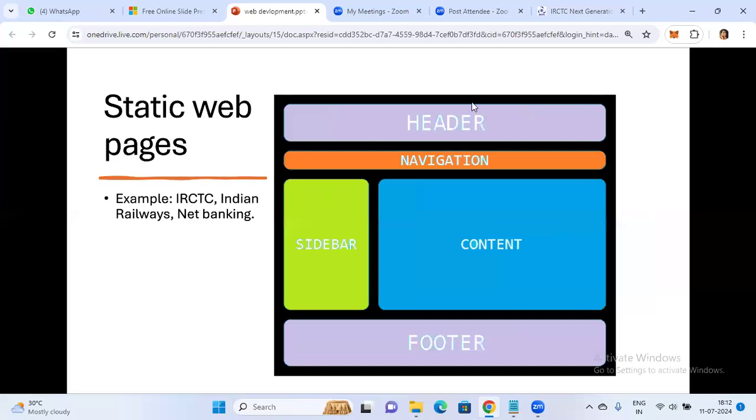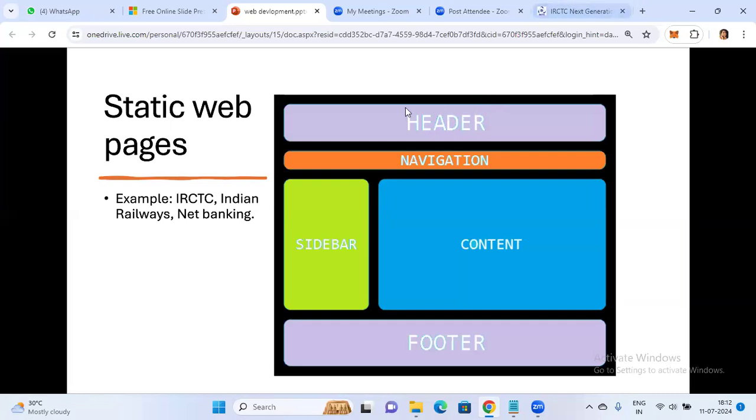So whatever changes you require in the static, that is not possible because all the layers are fixed. All the layers are interconnected. So it is very difficult to change anything in one application, one layer or something like that. Okay, got it? Because any web page you take, we have a layout. So this is common for all. This layer we can keep it the same for all.